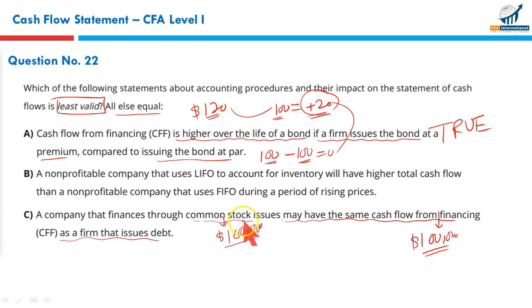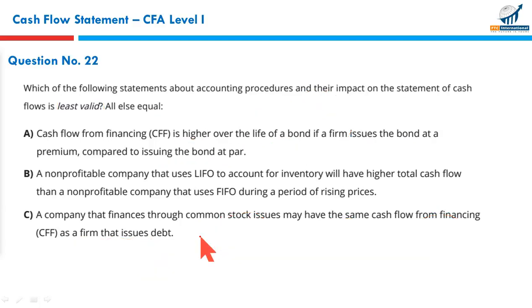And if a company doesn't pay dividend, because payment of dividend is not a compulsion, it is not an obligatory responsibility on the company to pay dividend. Dividend may not be paid, like Apple Incorporated didn't pay dividend for consecutive 10 years. So if you have issued common stock and you don't pay the dividends, if you have issued the bonds of the same amount, the cash flows from financing in both these can be the same. It is perfectly possible. Then of course it has to be B.